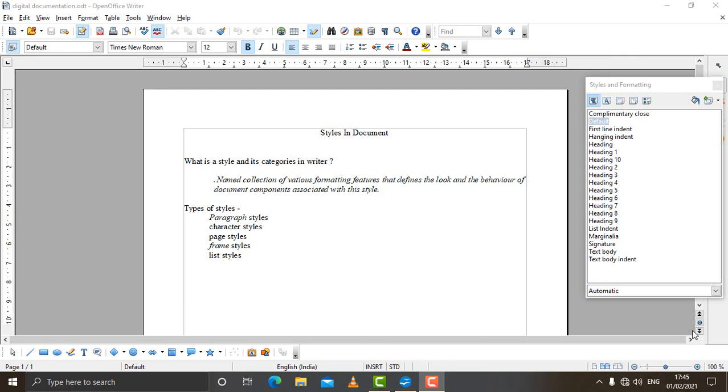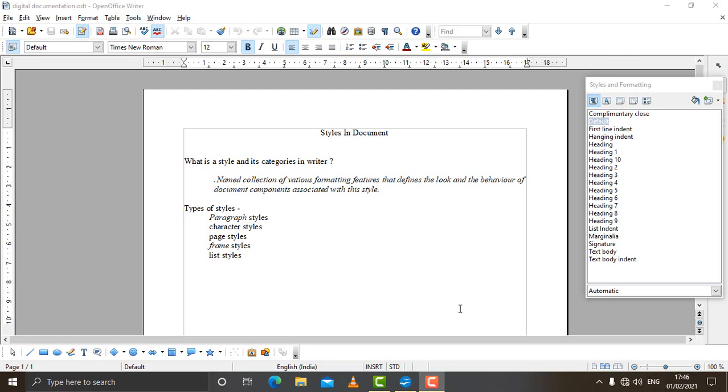What I want to say is, suppose you have made a document and applied some styles in it, and you want those styles in future also, to apply to documents which you are creating later. So you can store the styles of your current document with a given name, and whenever you want you can use the same name to apply the same styles to the document.